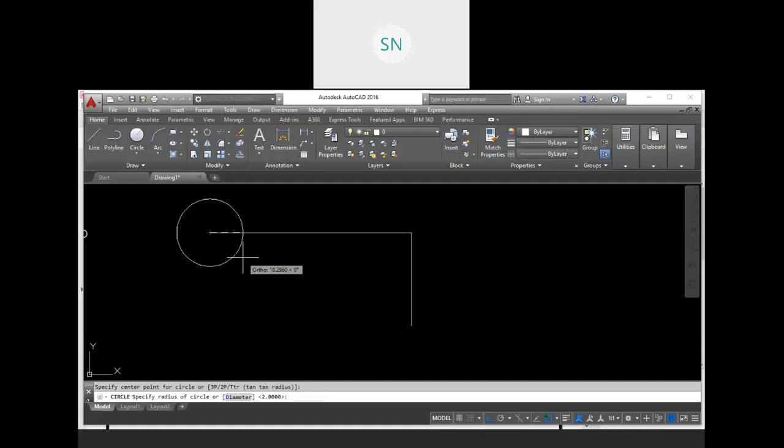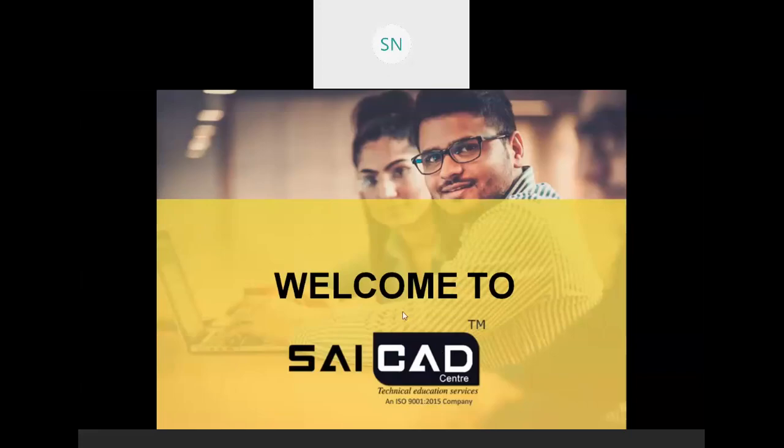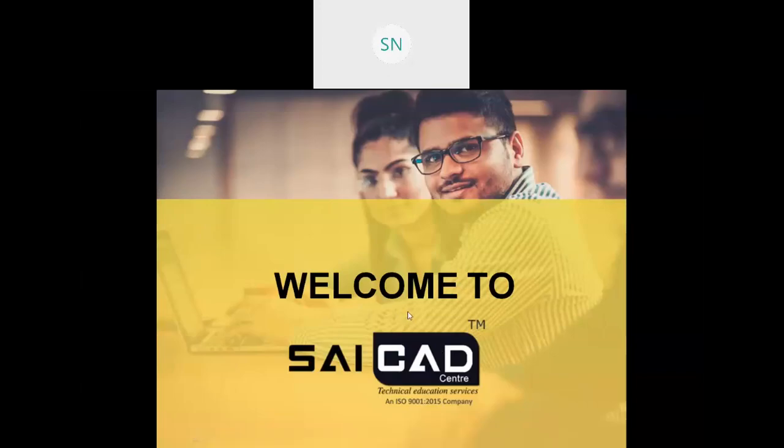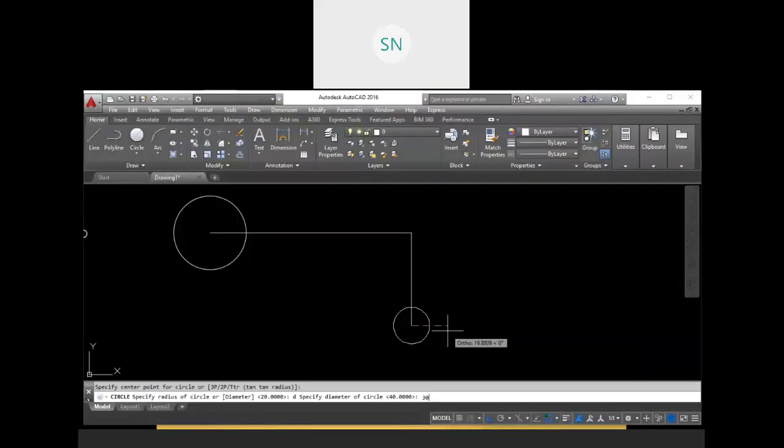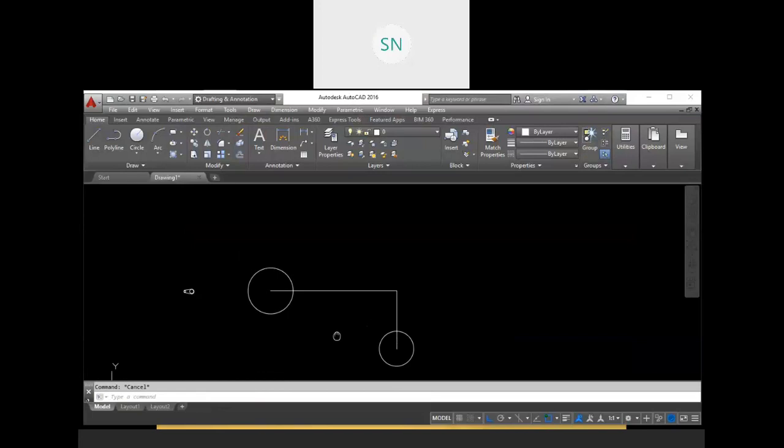From here, D for diameter 40, and the other one is 30.4. C, diameter 30.4. So we have done these two circles. Now erase this line. We don't need this. We just want to find the position. That's it.